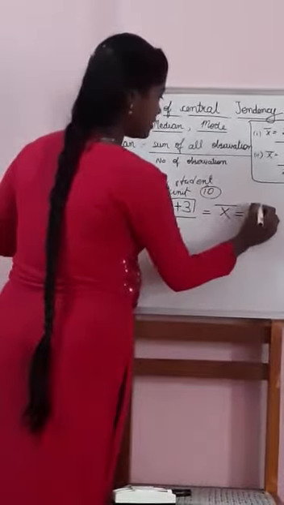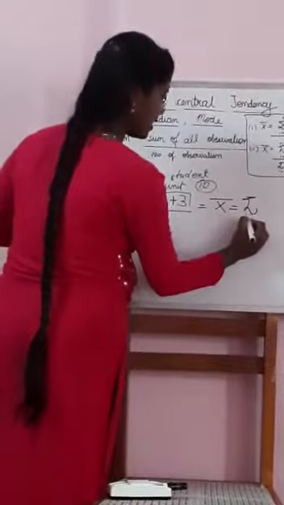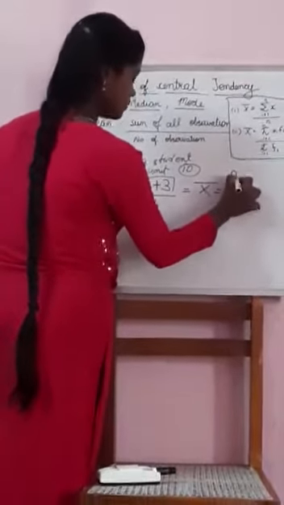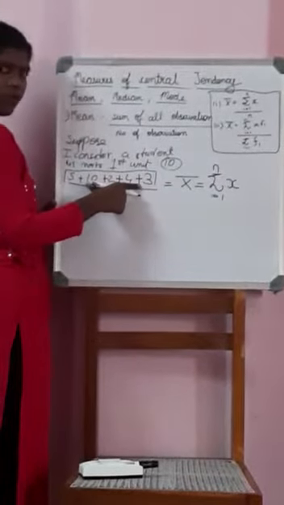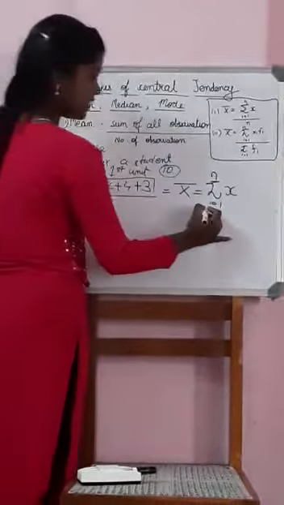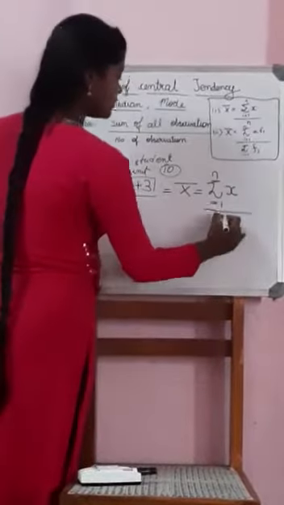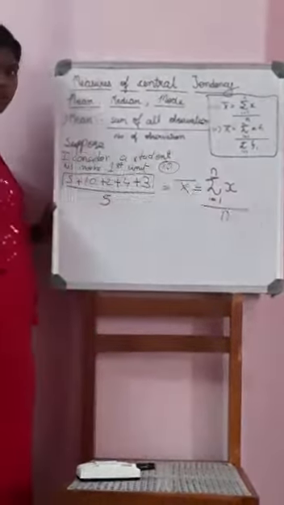That is nothing but sigma i equal to 1 to n of x, divided by n. Sigma x is nothing but the total. It's the sum of all the observations and then divided by the number of scores or marks.